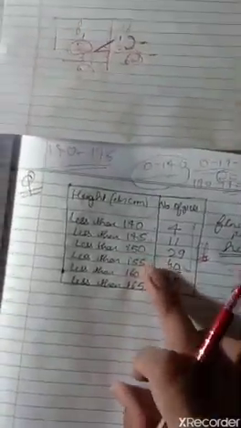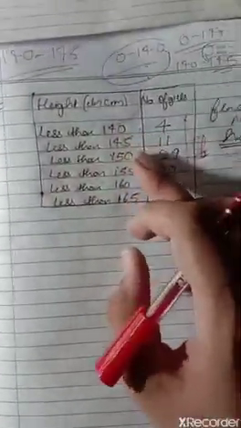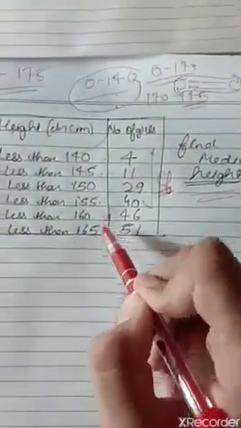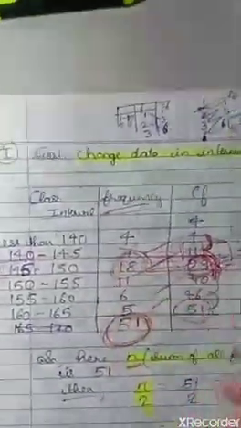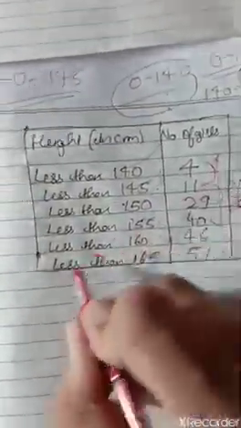So let's summarize it. The question was given in the less than type. We have converted it into class intervals: less than 140, then 140 to 145, 145 to 150, 150 to 155, 155 to 160, 160 to 165. ठीक है, so here the number of calls will be taken as the cumulative frequency. We have put same to same. How to find frequency? 11 minus 4, you get the frequency, 29 minus 11. Similarly, we will get the frequency.